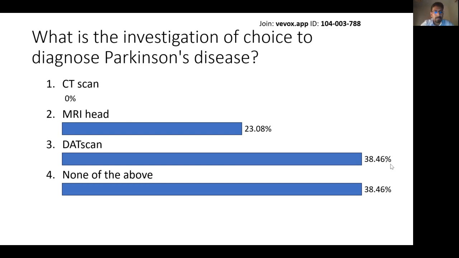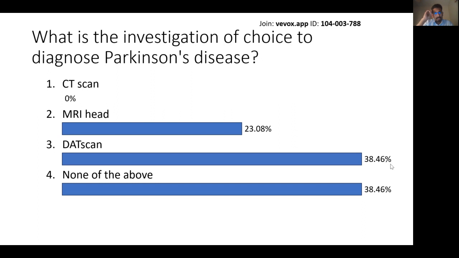So the question is if dementia comes in. We can have dementia in Parkinson's disease itself, called PD dementia, and you can have dementia due to Alzheimer's, because they are all neurodegenerative conditions and can come together. The way to differentiate is if the dementia comes early in the Parkinson's disease, especially within 1 or 2 years, then it's not due to Parkinson's. It's due to Alzheimer's disease, because dementia exclusively due to Parkinson's disease comes in the late stage.